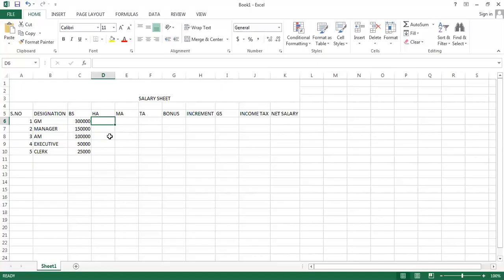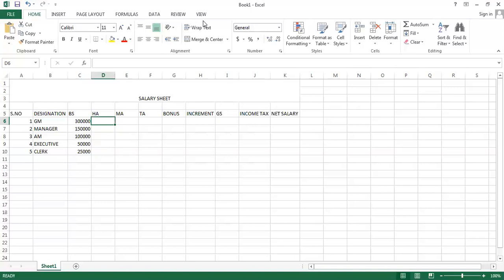Now we need to find out the allowances. The first allowance that we need to find out is the home allowance, and let's suppose the organization says that every employee is being given 10% of their basic salary as the home allowance. So here we will be creating the formula of nested if and else comparison analysis.